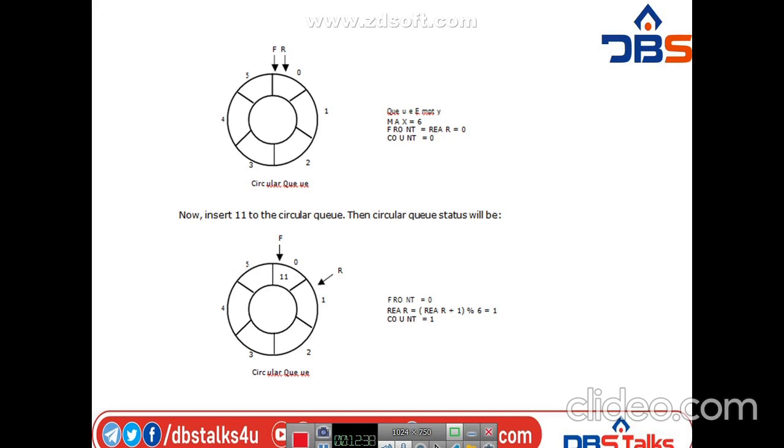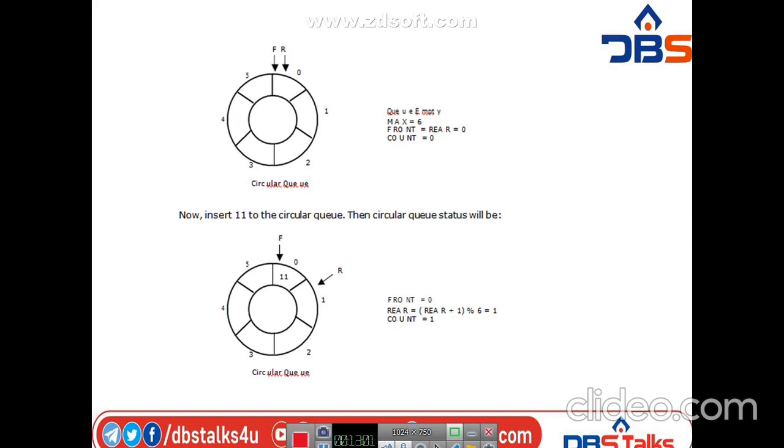First of all, I am going to insert the element 11 into the circular queue. The insertion is done at the rear end. Here the rear end will go from 0 to 1. Front will not change, front equals 0 only.